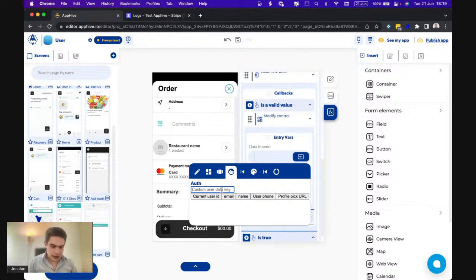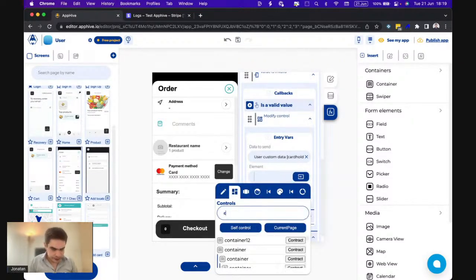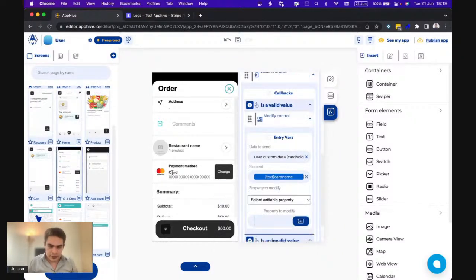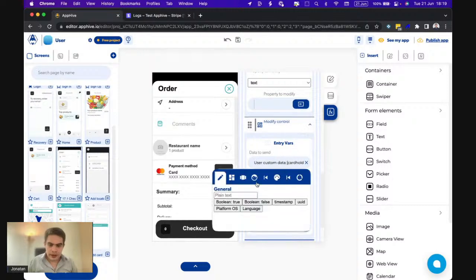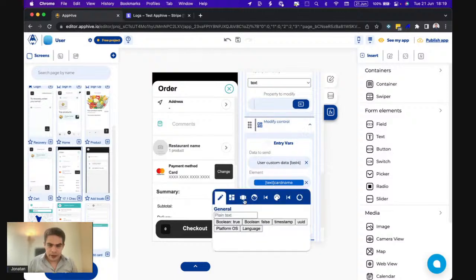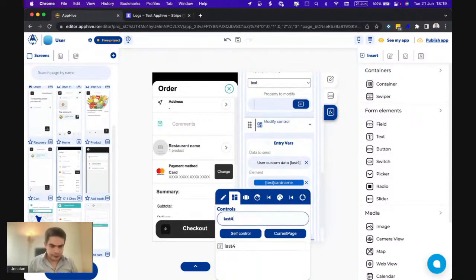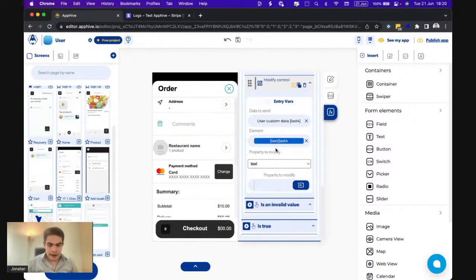For example, we can display the card holder name, based on the card name is this element we have here, and also the last four digits. We have the last four and display this element here. And